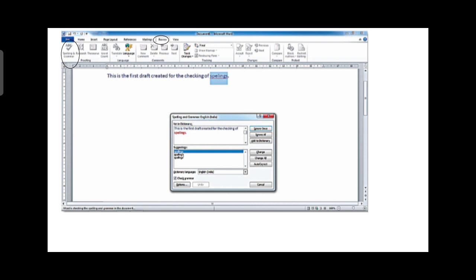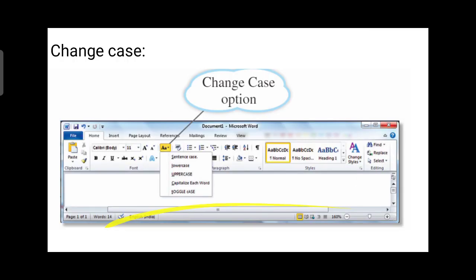It is very easy. If you have a computer at your home, you can follow the steps. Click on the review option from the ribbon. Then click on spelling and grammar. The spelling and grammar dialog box will appear. Then you can choose between two options, not in dictionary and suggestions, and you can do it on your own.